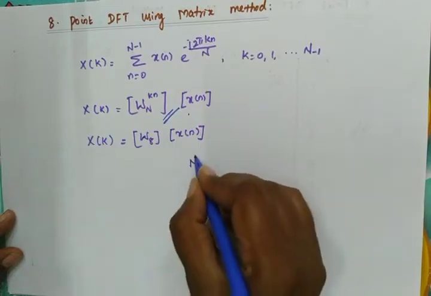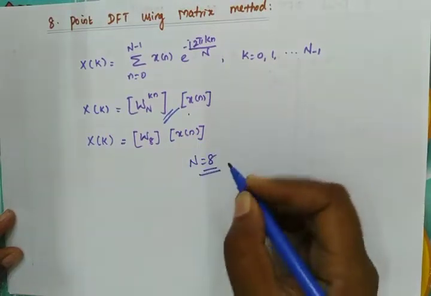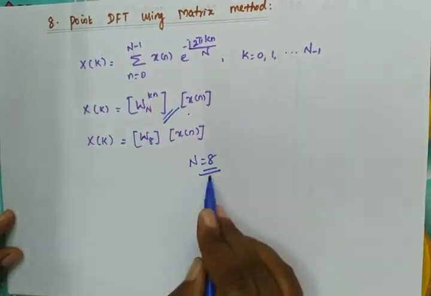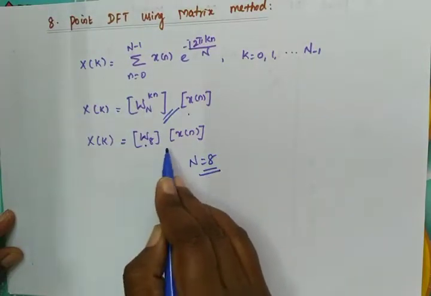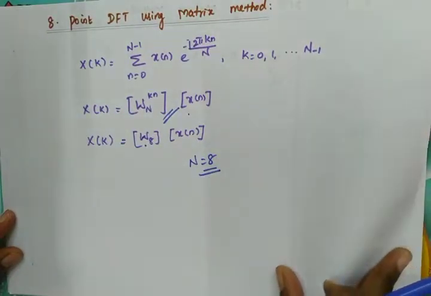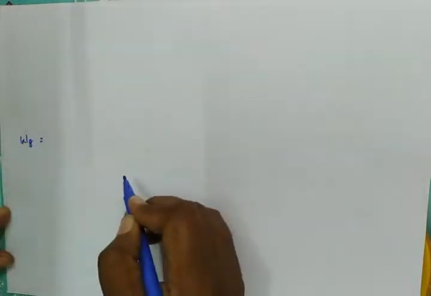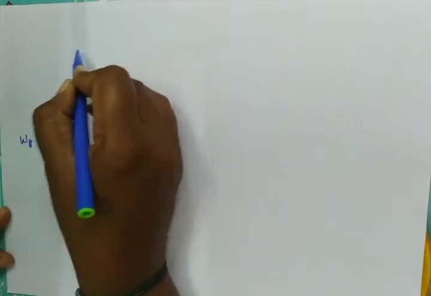Now here, since N is equal to 8, because we are going to find the 8-point DFT, we have substituted W8. Now how do we write this in matrix form? Already I said that in the 4-point DFT we know how to write. So W8 is equal to, now we can represent this as